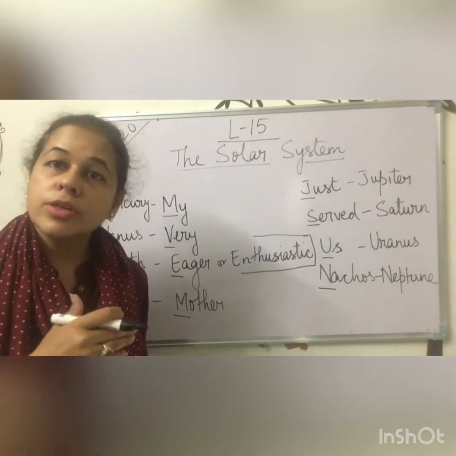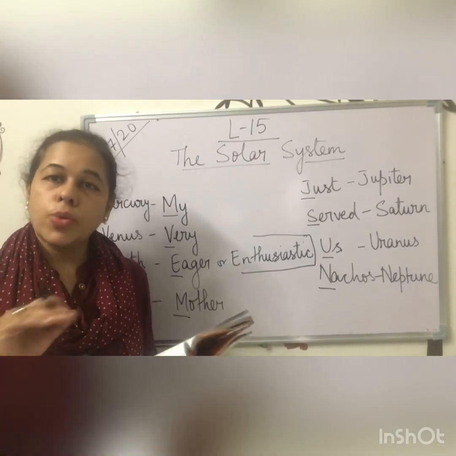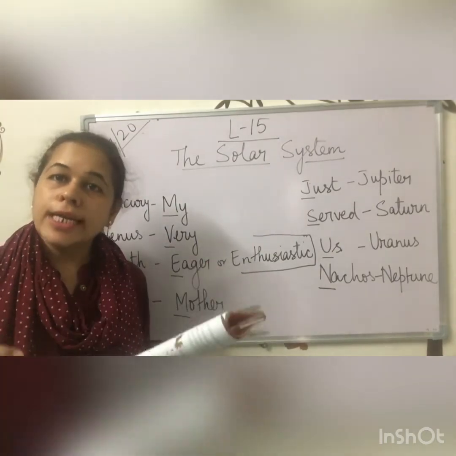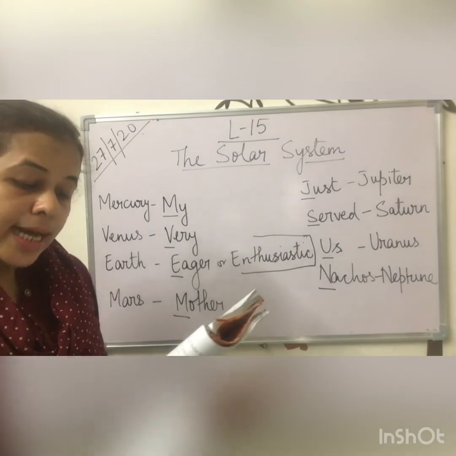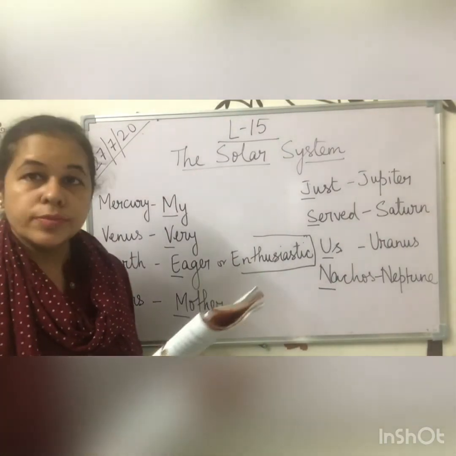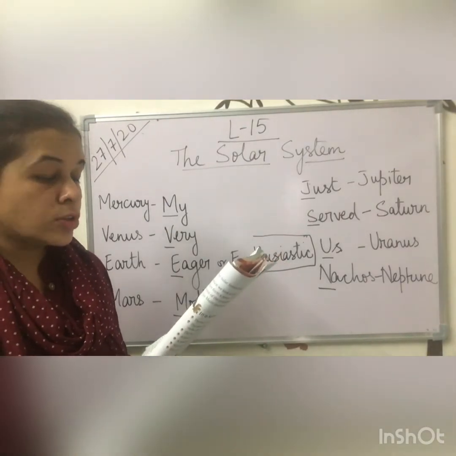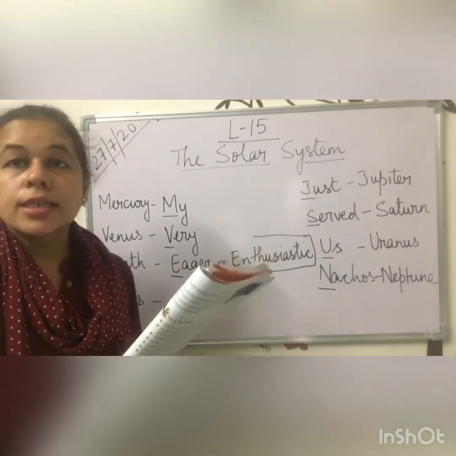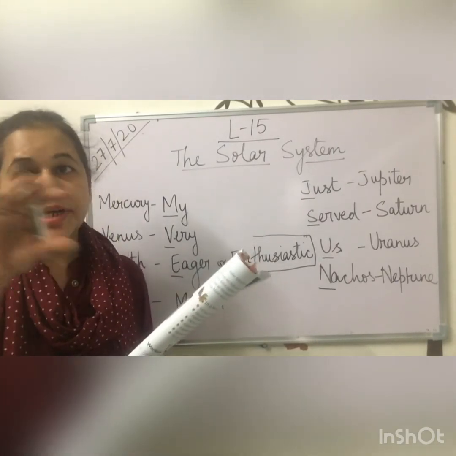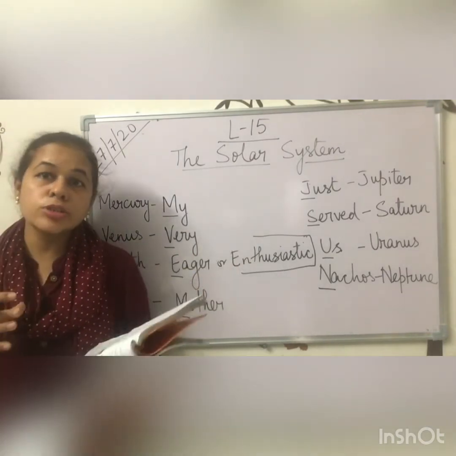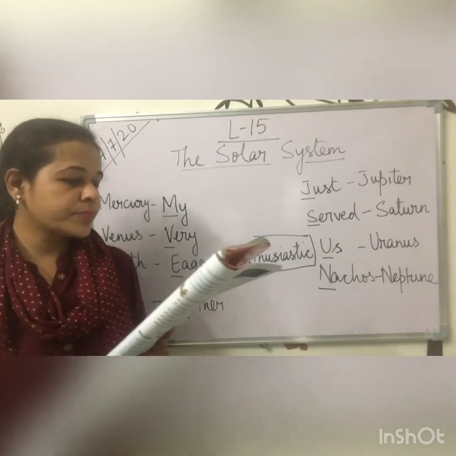Why is life possible on earth? Because we have air and water. But on the moon there is no air, no water, no light of its own. Light it is getting from the sun. That is why nothing can live or grow on the moon. As I said right now, the moon is much smaller than the earth, yet it looks big as it is closer to us. If we compare it with earth, it is very small, but it appears very big to us. Why? Because it is closer to us.